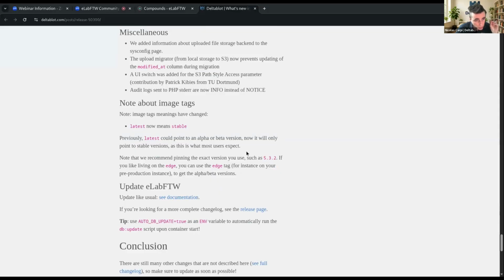Previously, if you were pointing your container software to the image with the tag latest, it would also include the alpha and the beta version. So now it's not the case anymore. Latest means stable. Before it meant the latest version that was up, even if it's not a stable version. And now latest means stable,